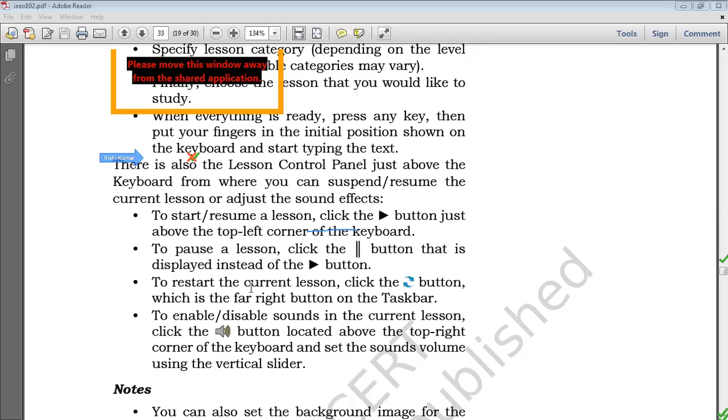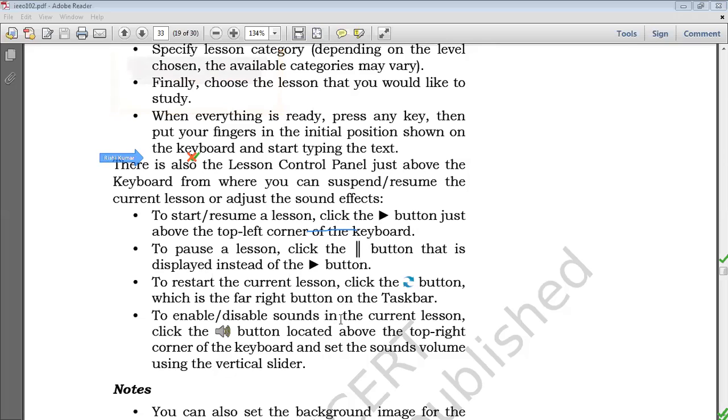To restart the current lesson, click the far right button on the taskbar. Click this refresh button, then you can restart the current lesson.